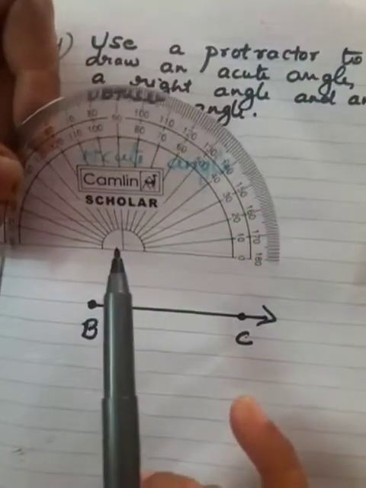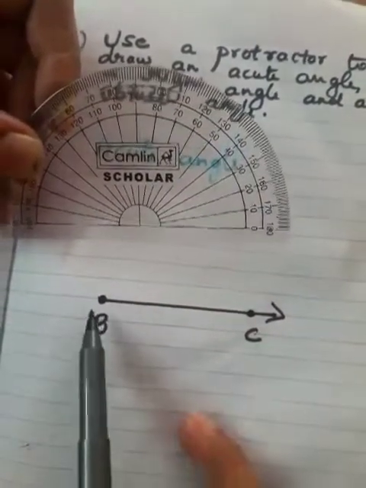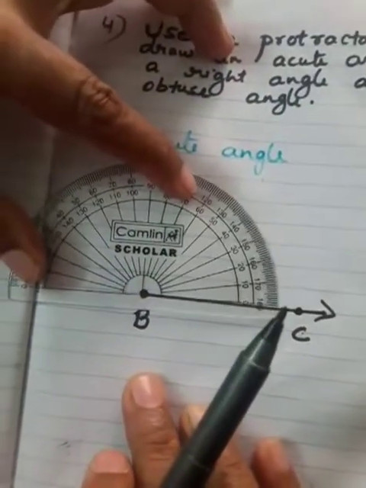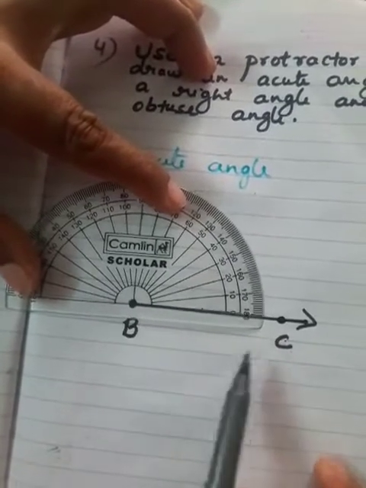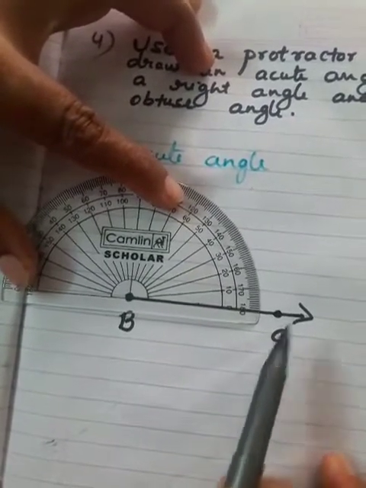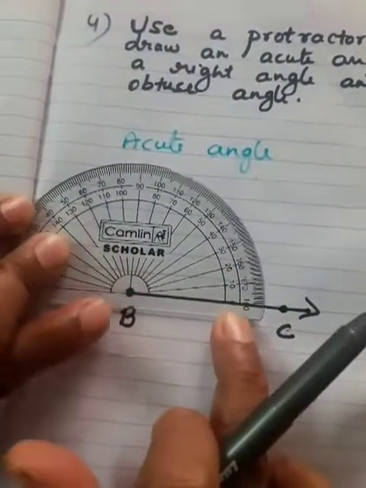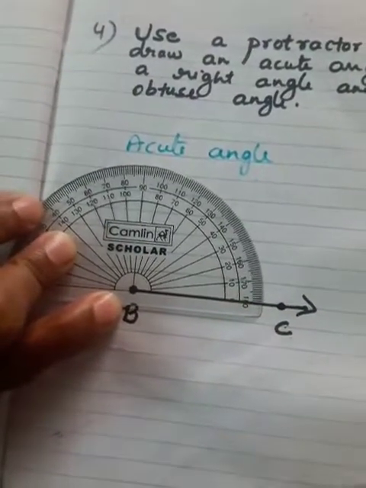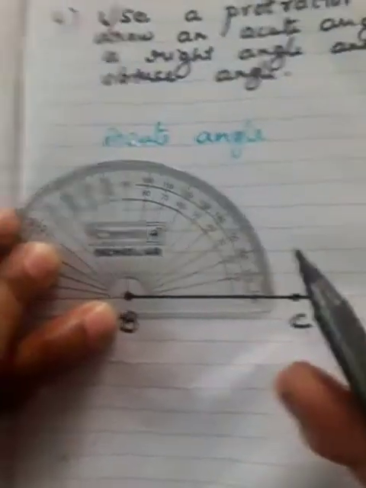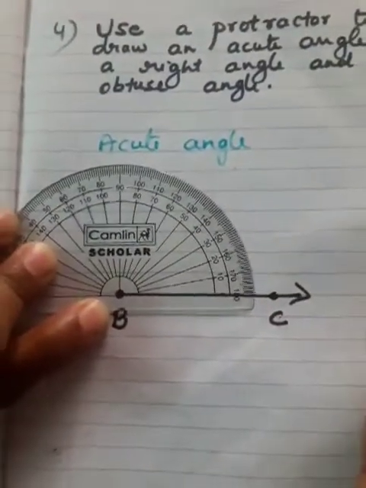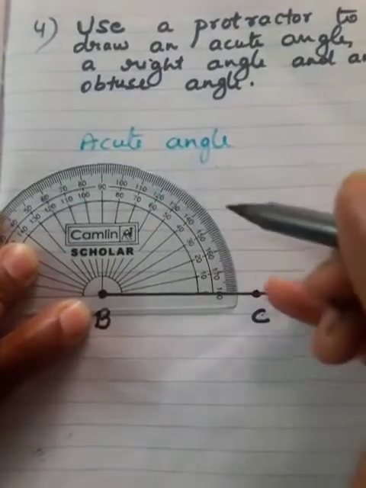Okay, now what you should do? First you should keep the center of the protractor, that vertical line, on point B, and the base line, that is the horizontal line, and that ray must lie one upon the other, correct? So in this way you should keep the protractor. Now start from 0 degrees. Acute angle means any measure you can take, 40 degrees, 50 degrees. Here the measure is not given, so that is your choice, but between 0 and 90, below 90 degrees. So now I will take 40 degrees.